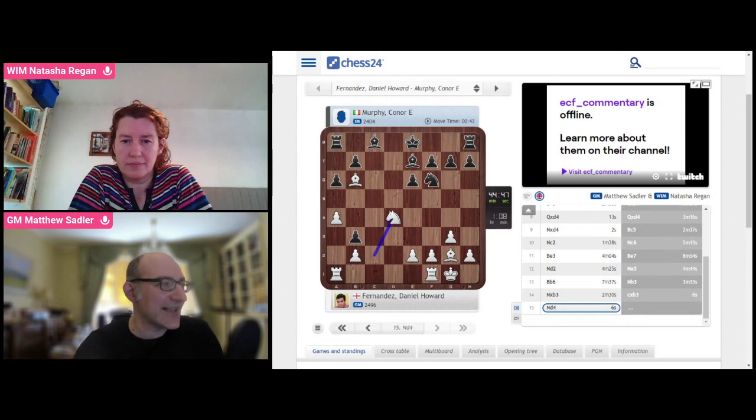Looks like a Catalan to me. So, pardon me. Knight f3, knight f6, g3. And yeah, plenty of possibilities for black, ranging from